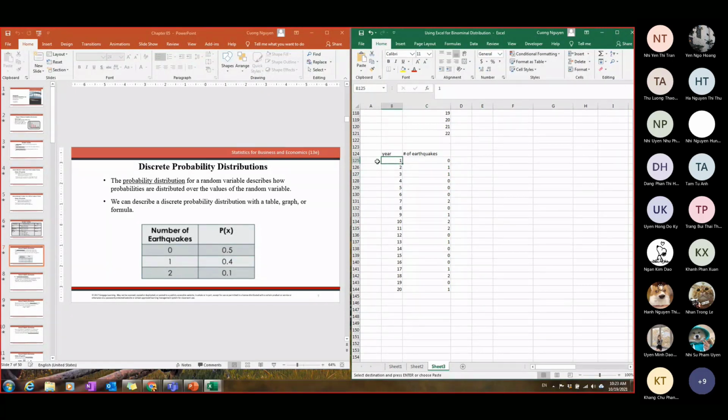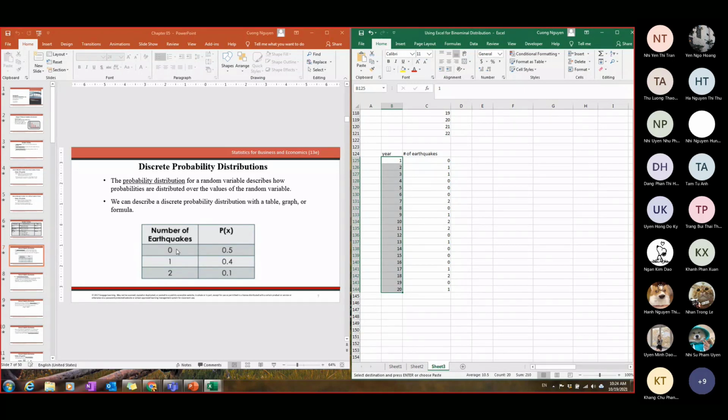For example, in the first year, they don't have any like earthquake. That's a very good one. That's a very good year, and we are lucky we don't have the earthquake. That's cool. However, in the second year, in those years, we have the like 1 earthquake. In the third year, we have like 1 earthquake. Some year, like in the 7th year of the surveys, they have 2 earthquakes. All right. So the same thing happened again and again, and we collect the data for 20 years continuously.